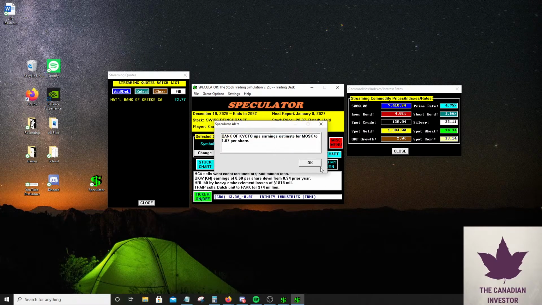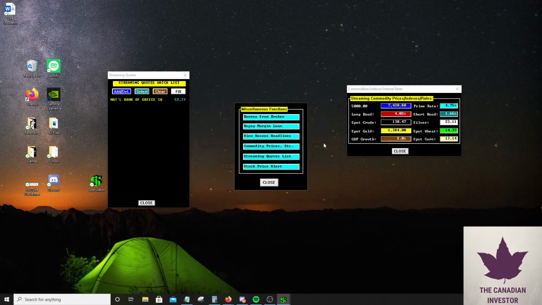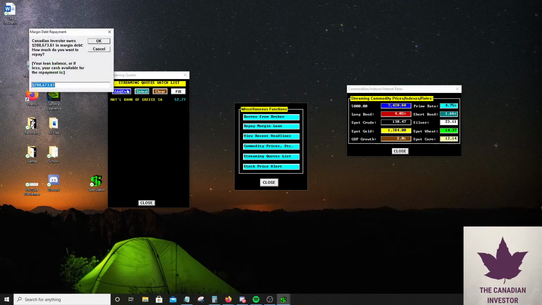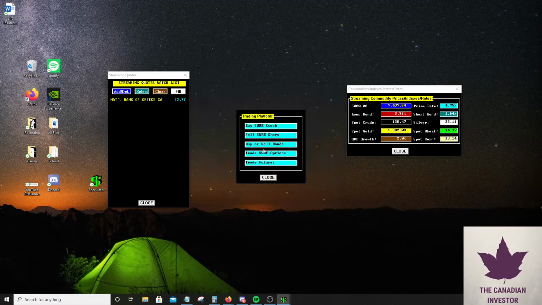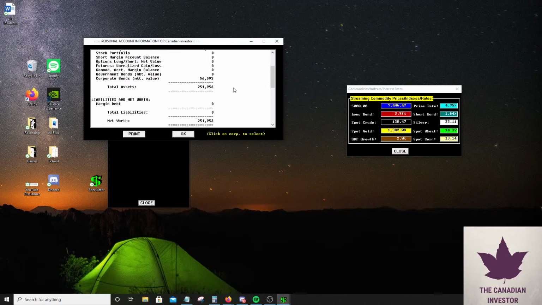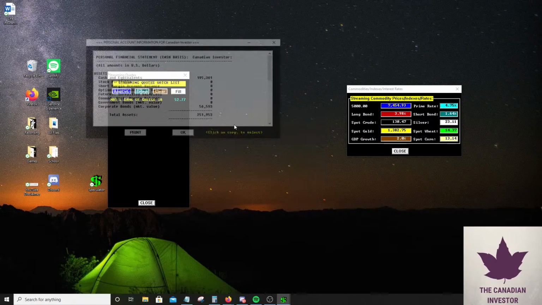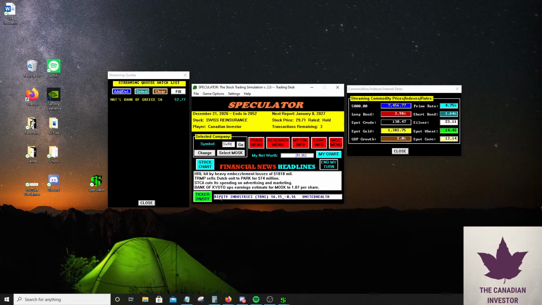So I'm pretty sure we don't have any more margin, right? We do owe margin. I want to pay that back. So if I do MISC, I think repay margin loan. Cool. So now we don't have to pay any more interest on that margin loan, and we have $195,000 in cash. And we have about $16,000 in taxes payable. So I don't even know if we made money off that transaction. Because we made about $50,000 in gains. Yeah, we probably made a bit of money off of it.